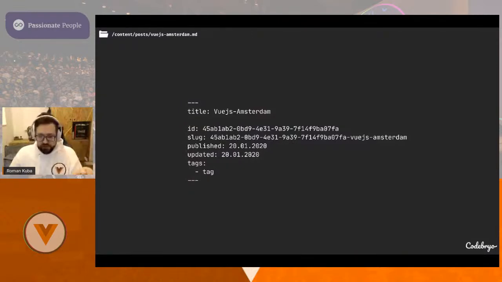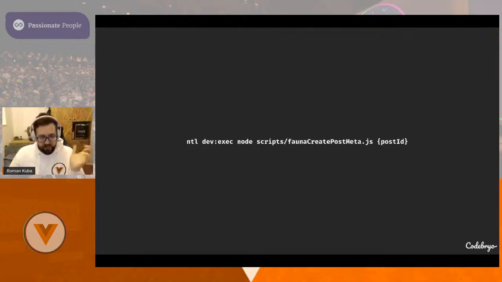So all we need to do now is tell our Netlify function to execute this script in the context of Netlify, so we have access to all the Fauna stuff right out of the box to create this post meta for us already. And that's the cool thing, we can automate this. We can call this function directly after we create the post and the file is created. We just run the script automatically. So now our Fauna DB will know about this.